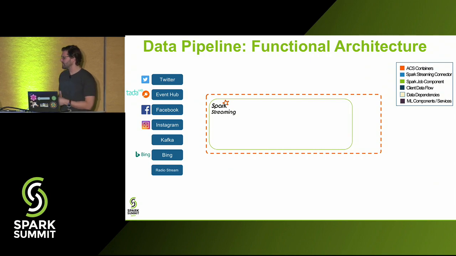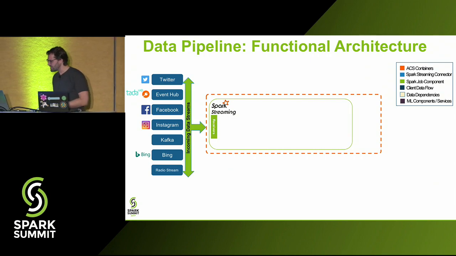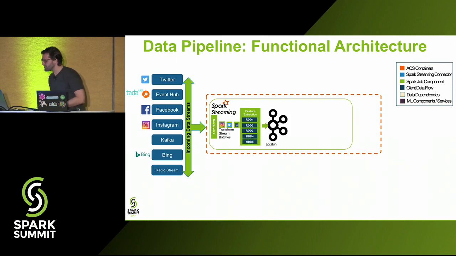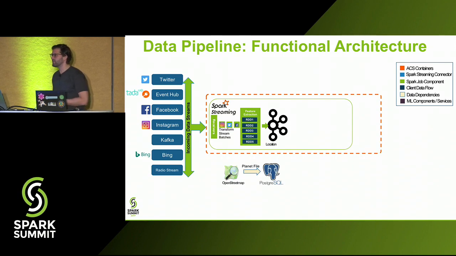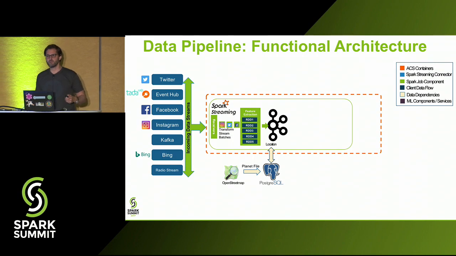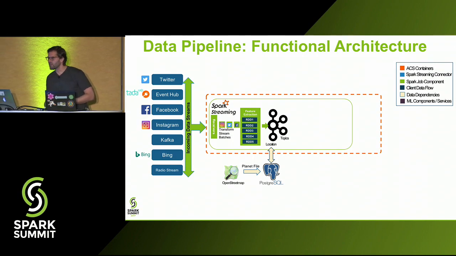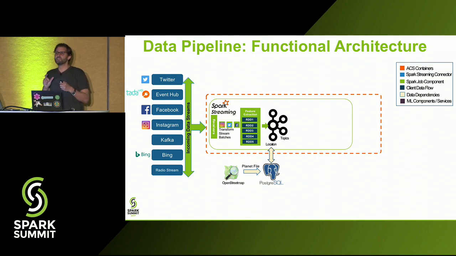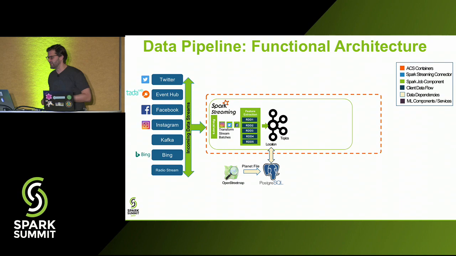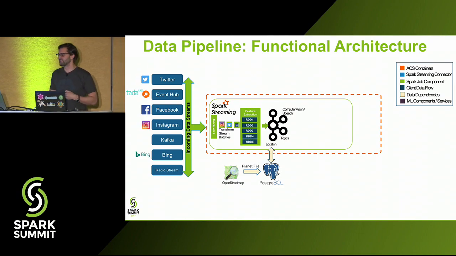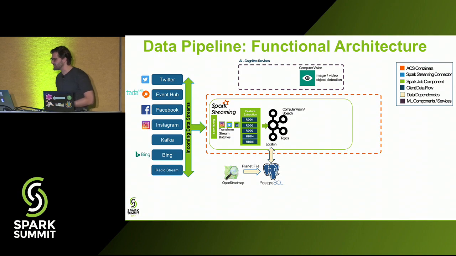So we have our Spark streaming cluster here. We have receivers that take these events in. We transform the streaming batches. Then for our feature extraction, we extract various features off these messages. One is location. We have a spatial database of every place and locality in the world, and we update that through OpenStreetMap. So if you mention, say, northern Libya or northern Benghazi, we know the exact shape of that entire political boundary, and we map the event to that area based on the context of the conversation. We extract the topics and the keywords off of that.